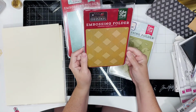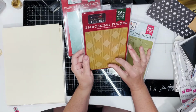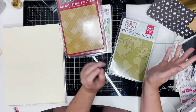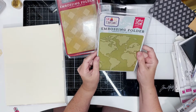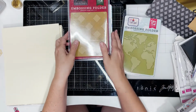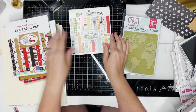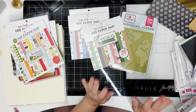And the one that I wanted that I didn't get was Cabin Fever, and I think it was more buffalo-ish. I don't even remember exactly, but it was similar to this, so I was okay with that one being out of stock. And then this one's Around the World, which I thought was cool, and I'm not really sure what I will use it for, but I'm sure there'll be something. In fact, I think this Around the World with the Animal Kingdom one,